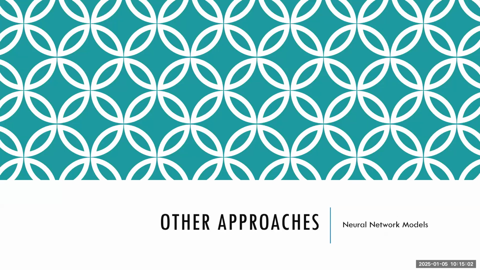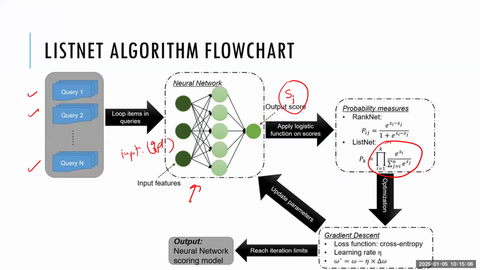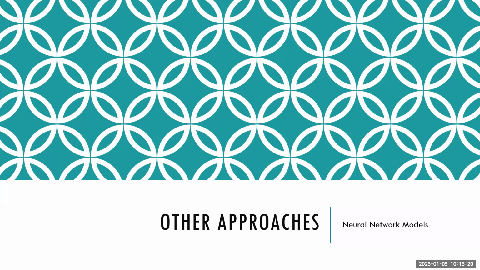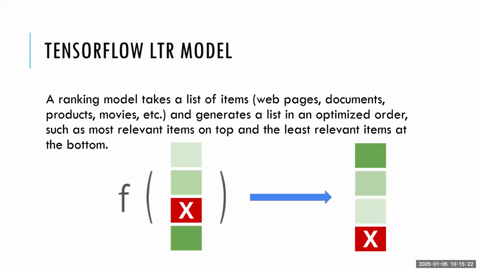What are other approaches? I'm not going to go into the detail about the neural network because in the later half we will learn more about the neural network, and then we'll come back and revisit this diagram one more time when we learn more about it. For other approaches, we have a TensorFlow model. So for the TensorFlow model,